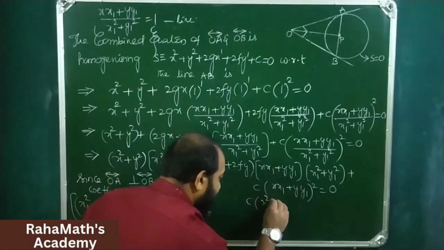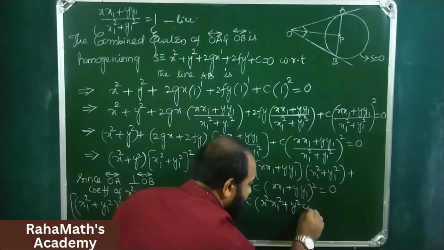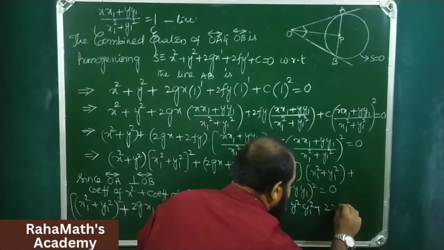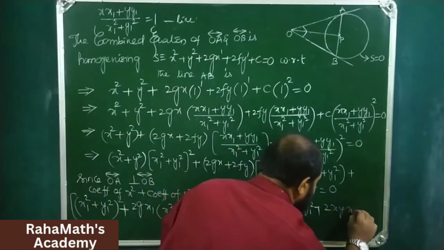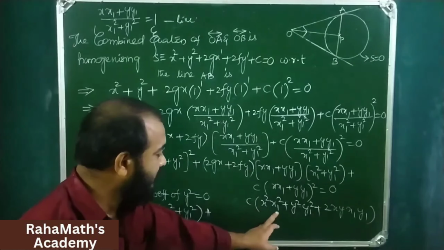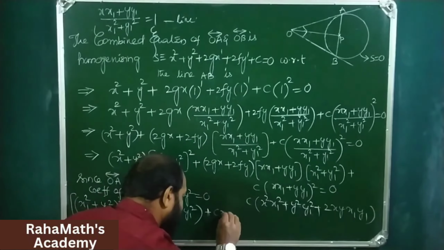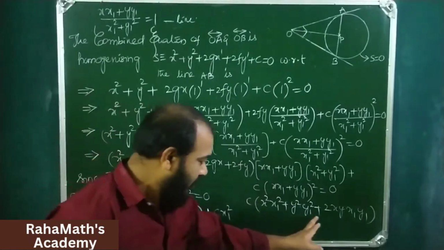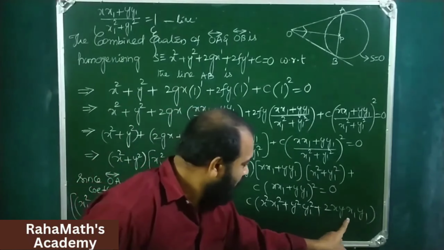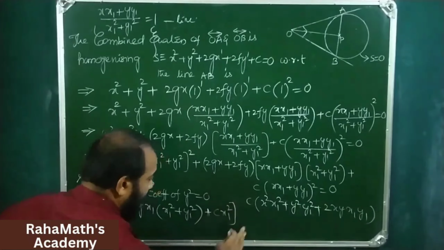A square is x square x1 square plus y square y1 square plus 2 x y x1 y1, right? So if you multiply c into x square x1 square, the quotient of x square is c x1 square, and we don't require any terms from here on because c into 2xy gives an xy term. So this is all the coefficient of x square plus